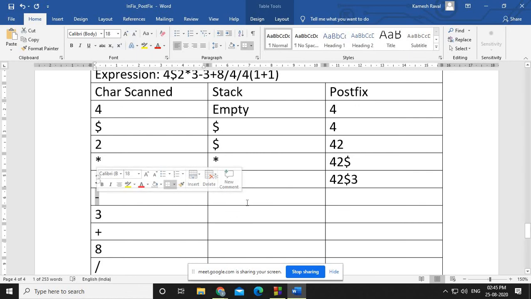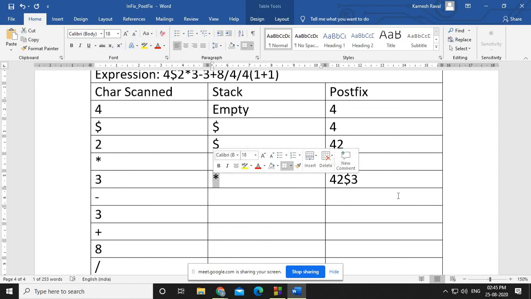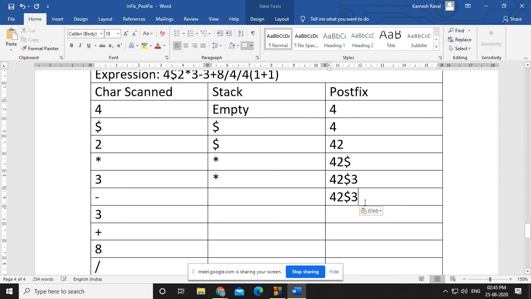Minus has a lesser priority, and we cannot put a lesser priority operator on this higher priority operator. So the higher priority operator has to go to the postfix. So here the multiplication will be popped out from the stack, and that gets inserted into the postfix. Now your stack is empty, and in the empty stack you push the minus operator.